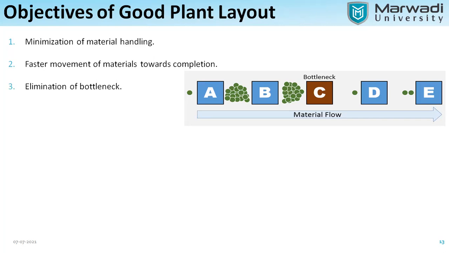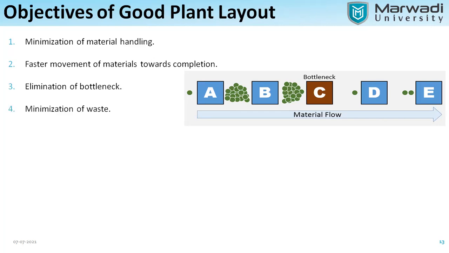Elimination of bottlenecks means that whenever you are doing any process, you can eliminate unnecessary time-wasting things. That is called the bottleneck. So you can avoid that. How can you avoid that? When you make your layout in such a manner that the things which will become a hurdle for you in the system are eliminated. So unnecessary bottlenecks should be eliminated.